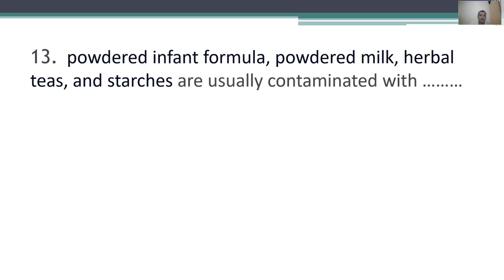13th question. Powdered infant formula, powdered milk, herbal teas and starches are usually contaminated with this. You might not be very familiar with these particular microorganisms. In order to show the pathogenicity and the importance of these microorganisms, I have introduced this question. Powdered infant formula, powdered milk, herbal teas and starches are usually contaminated with